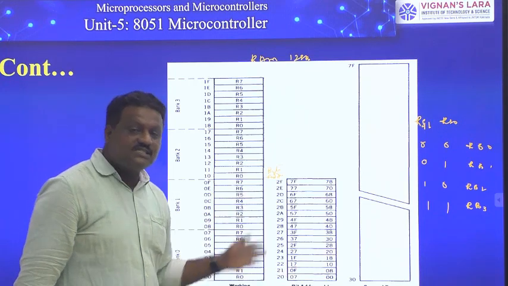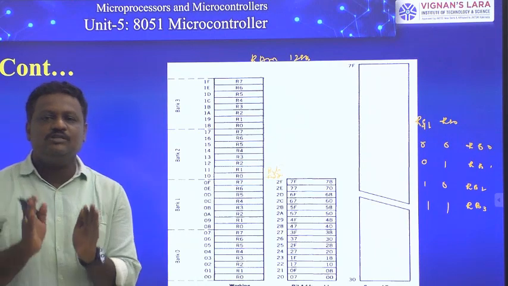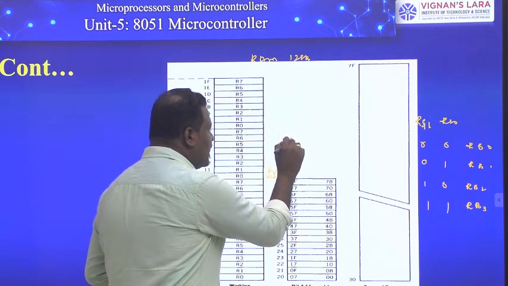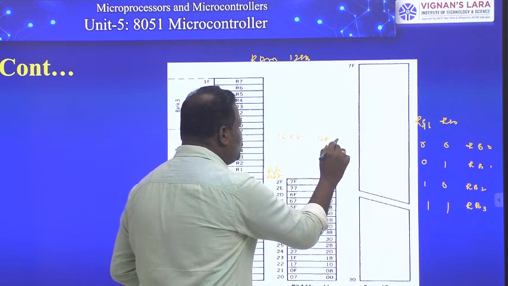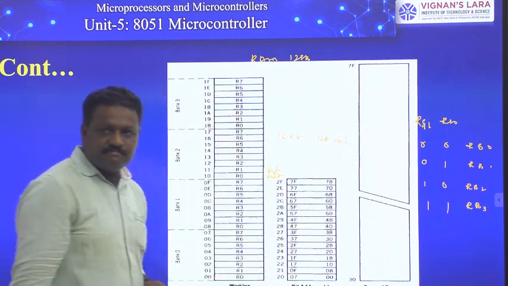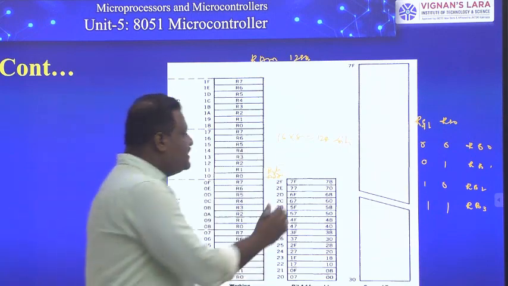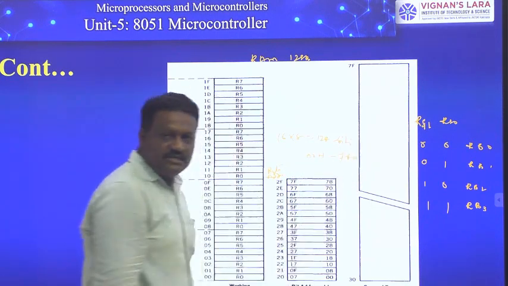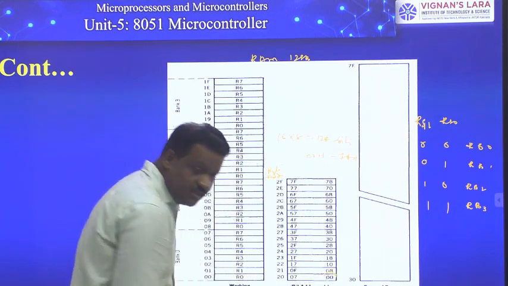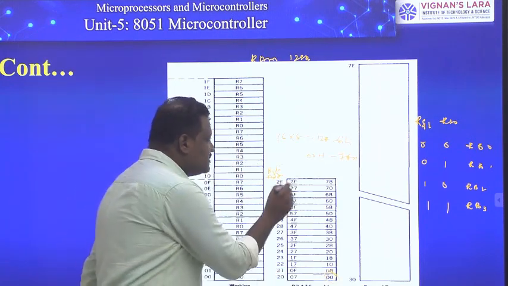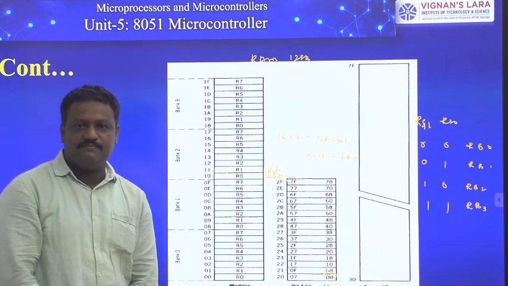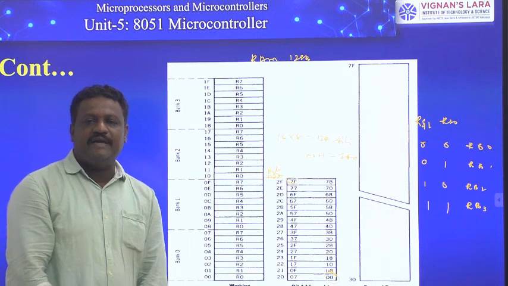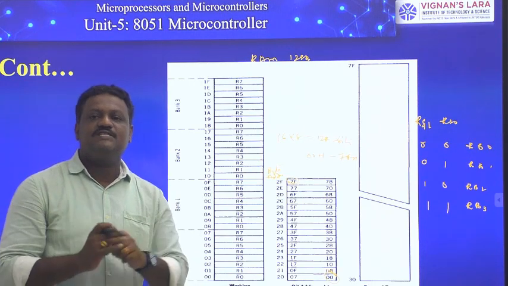Like this, in these 16 bytes, you find a total of 128 bits, because 16 into 8 bits is equal to 128 bits. If you give an address to these 128 bits, we start from 00H and finish at 7FH. See here guys, 00H is the first bit address and 7FH is the last bit address. Here there is a doubt in our mind, so why do we have this type of addresses? The reason for this, friends,